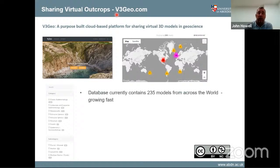And I'm actually going to give you a little bit of a live demo of it in a sec. But it's basically a database that contains close to 300 models now from around the world. And as I say, we're encouraging other people externally to submit to it. So the idea is ultimately we'd love to have pretty much all of the world's really good outcrops